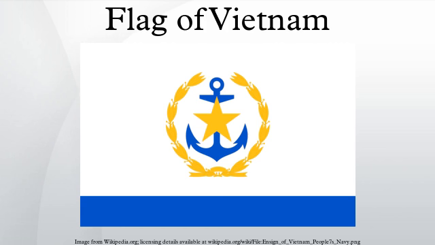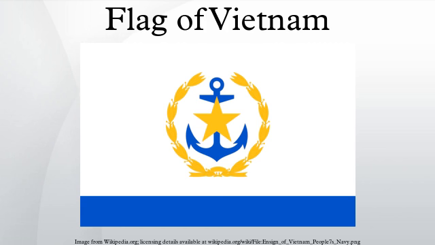Until the end of the Vietnam War in 1975, South Vietnam used a yellow flag with 3 red stripes. The red flag of North Vietnam was adopted as the flag of the new unified Socialist Republic of Vietnam in 1976. Design and history. According to the 1992 Constitution, the national flag of the Socialist Republic of Vietnam is rectangular